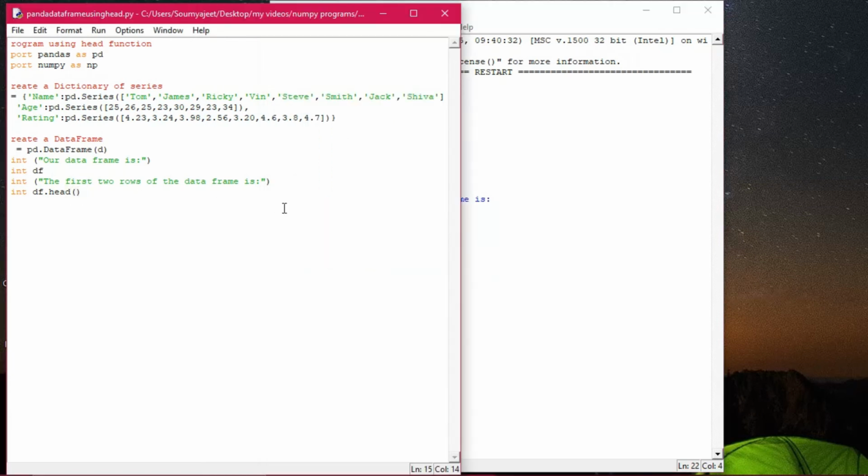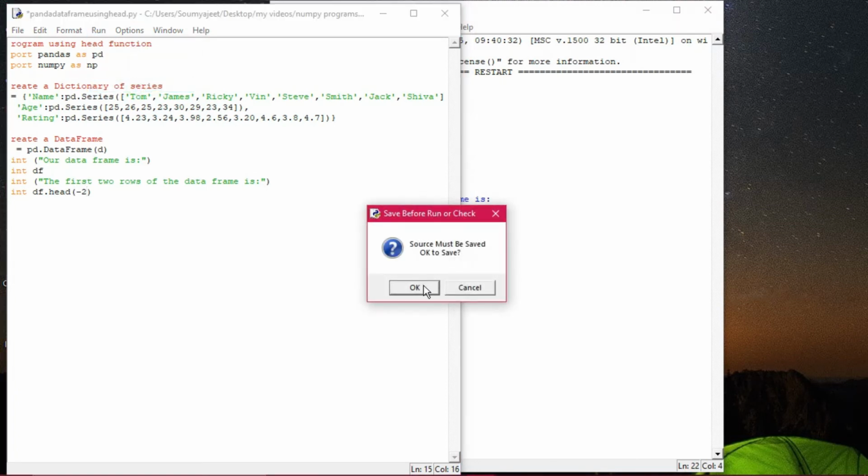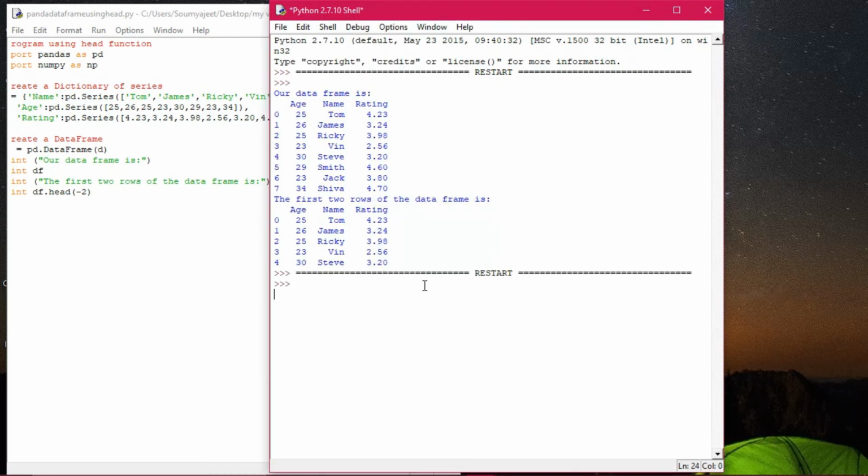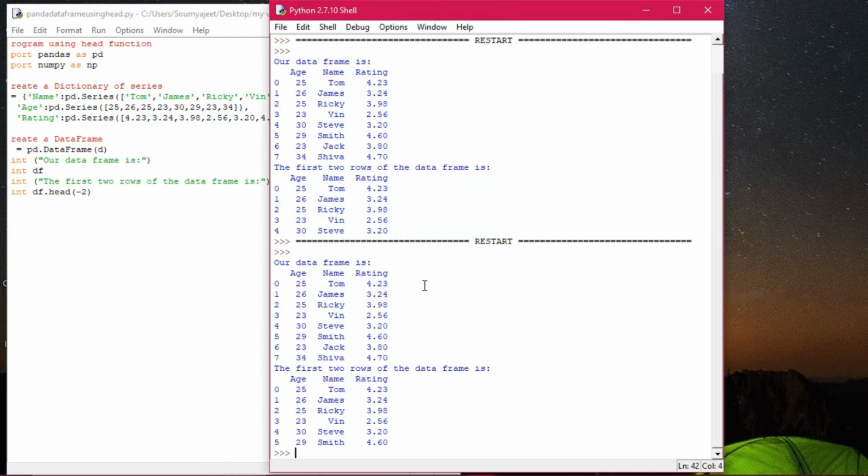Now if I'm giving minus 2, then what is happening? Let us see. Once I'm executing this program, there will be no error. Whenever you give a minus and all, it will also show the display in the same manner. 0, 1, 2, 3, 4, 5. It has been displayed, so no effect with the negatives. So you stick to the positive and give positive values.